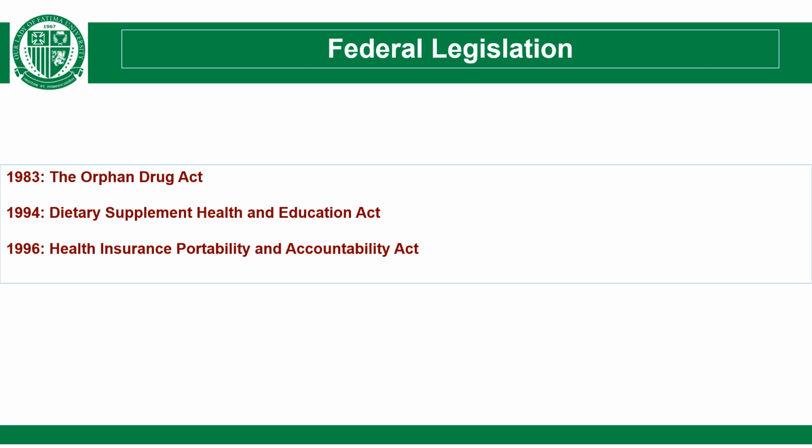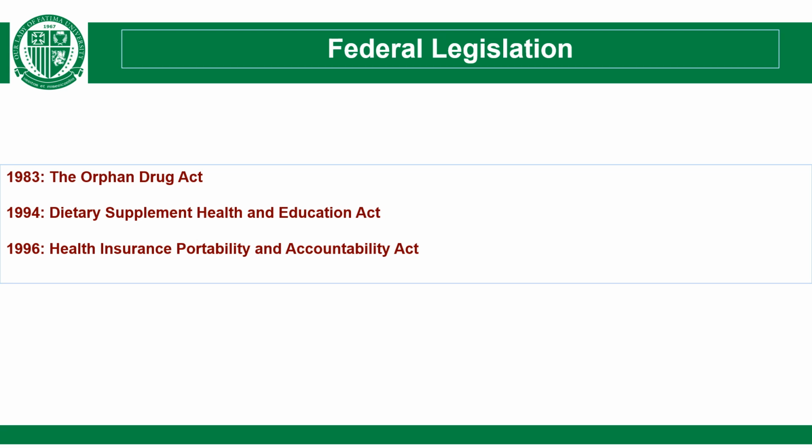Then we have the Orphan Drug Act, which was designed to promote the development and manufacture of drugs used in the treatment of rare diseases, which is the orphan drug. The Act's 3 primary incentives are the federal funding of grants and contracts to perform clinical trials of orphan drugs or the prototype drugs, a 50% tax credit for cost of clinical testing, and exclusive rights to market the drug for 7 years from marketing approval date.